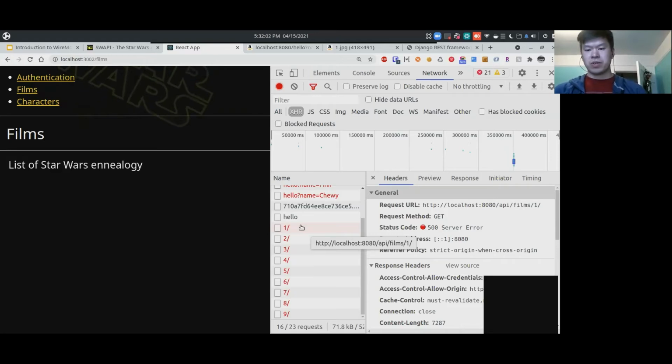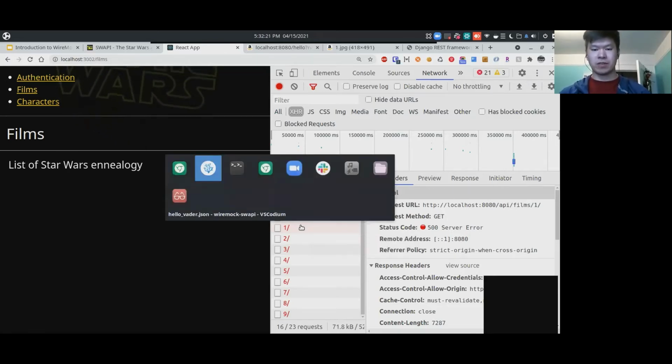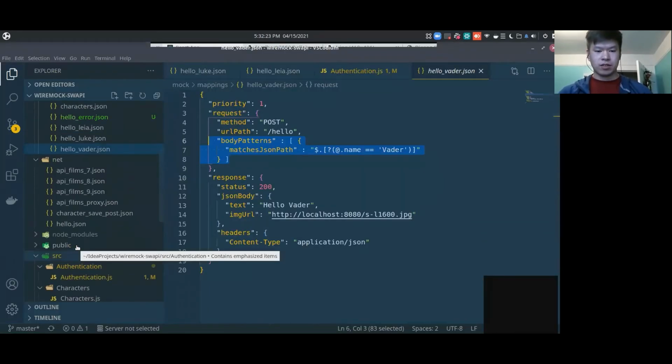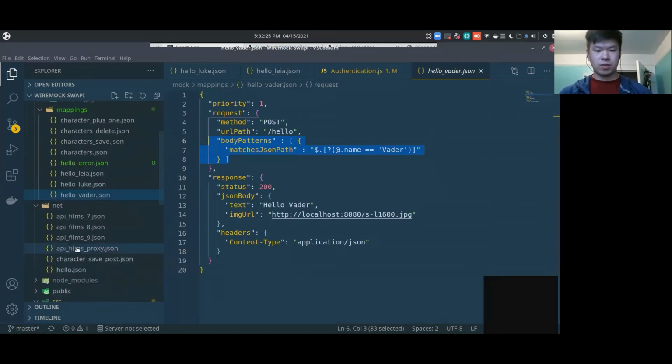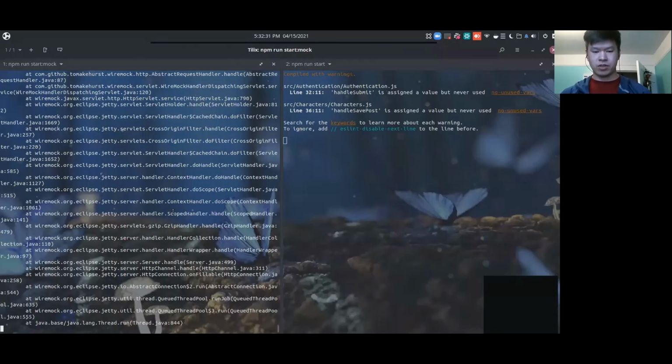So I can do 2 things. You can see my tooltip says localhost 8080, which is a WireMock server. I can either change that to Star Wars API dev, or I can use a proxy so that my WireMock server will point to Star Wars API dev. And that's what I'm going to do now. So I'm going to take this proxy file that I created, put it in my mappings folder, restart the server,